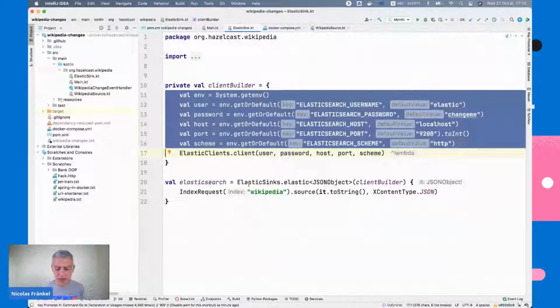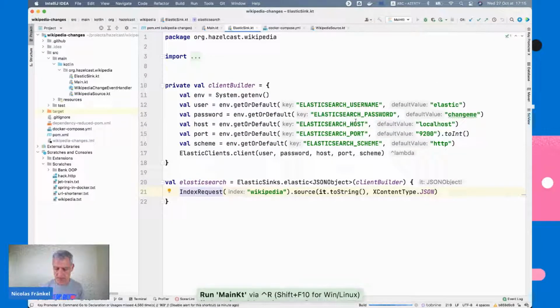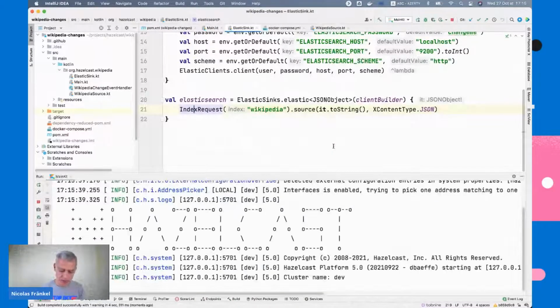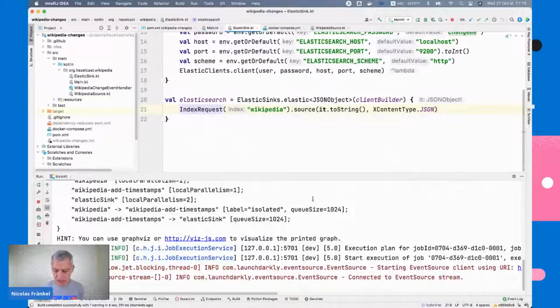When I write to Elasticsearch, what I provide to the API is an index request, but actually it will use the bulk API so that every, I don't know, 10,000 or 1,000 or 200, it will send everything in bulk. So it's super fast. Let's try that. So now I'm using this local Docker compose, and we should already have something.